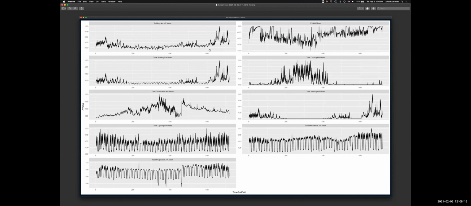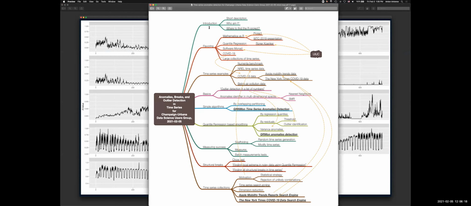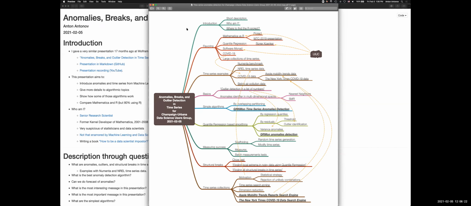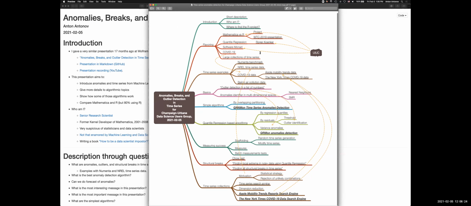I'm going to use this mind map. It's a little more ambitious than what I probably have time to do in the next 25 minutes, but I want to flavor this presentation with several topics.